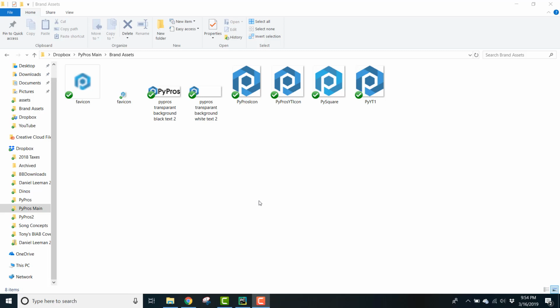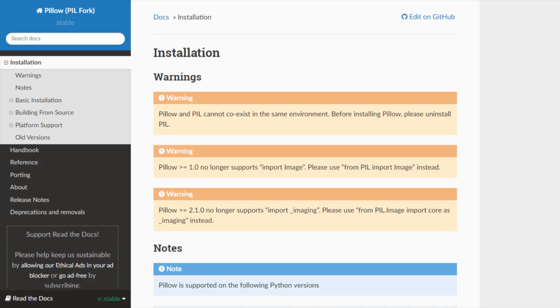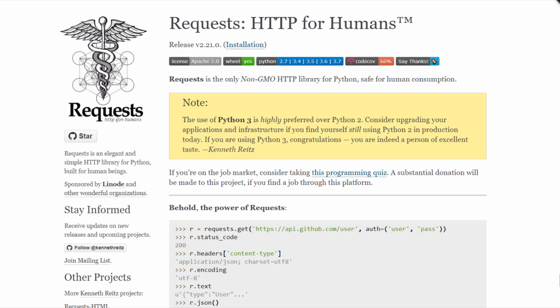If you don't want to open an image that's already stored on your hard drive, and instead want to download images from the internet and save them locally, this video is for you. The Pillow library can't do this functionality on its own. Instead, we're going to use the power of the requests library for downloading the image, and then we can save